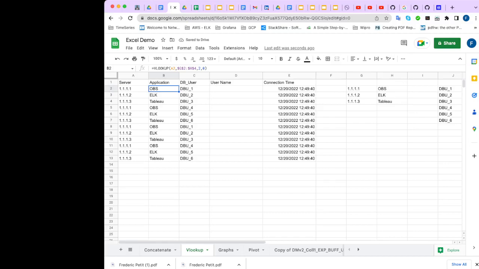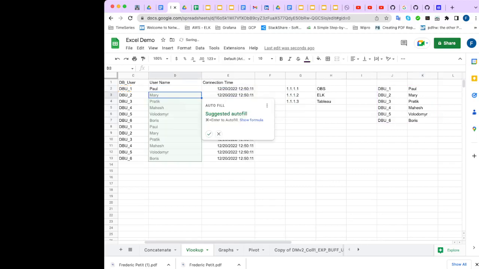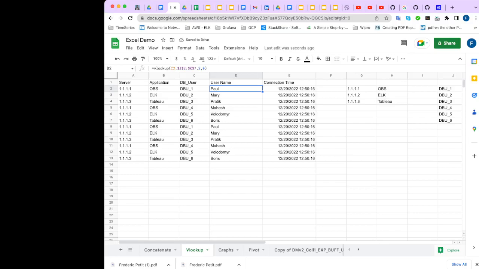Now I can do the same thing for DB user equal VLOOKUP. This time I want here. So I'm looking for this one into this one, but I want it to be fixed. So it's not a 4, sorry, it's a function 4. Right now it's fixed. So the second column, exact match. Okay, so now very simply that way I populated the spreadsheet with meaningful values, like the application name and the